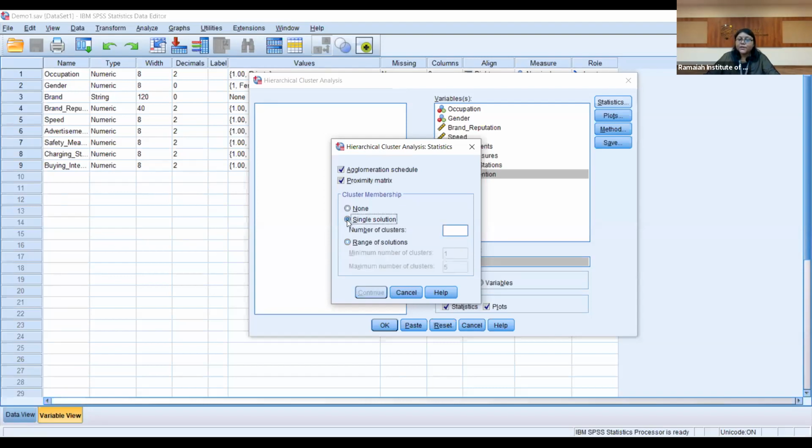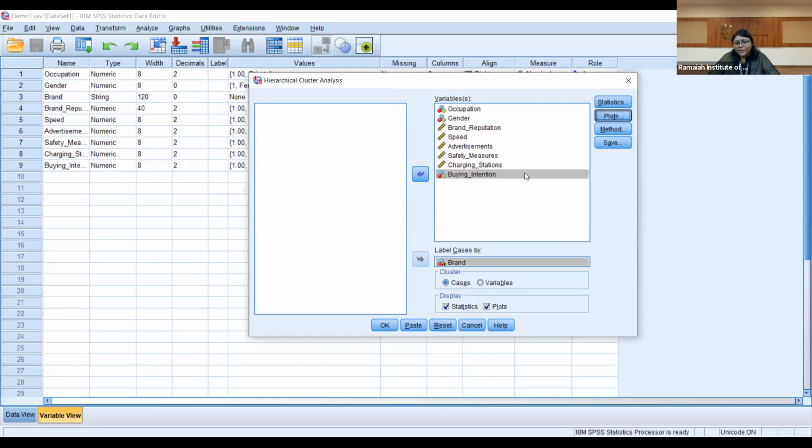But if you do not want this, you want a single solution, that means you are saying, no, I want 4 clusters. Now suppose you have collected data for entire India. You have divided the region into 4 types. You have actually not done it, but in your mind you have divided it. Now you want to see whether the characteristics of all these east, west, north, and south are similar or not. So in that case, you are saying my number of clusters should be 4, because I should have data from east, west, north, and south. So in that case, you can define your number of clusters as 4. Or else if you want the software to do this for you, you can give it as none. So let me give this as none.